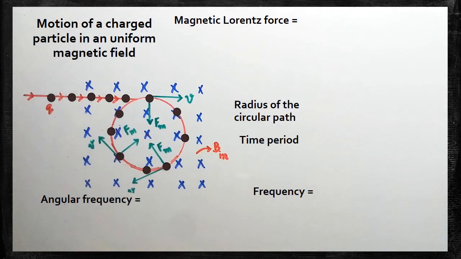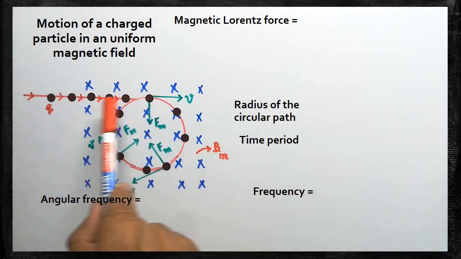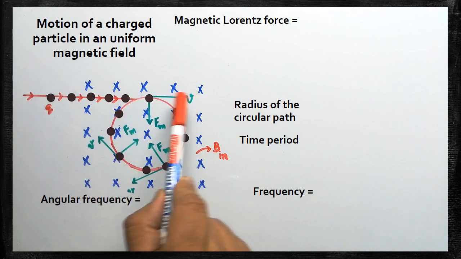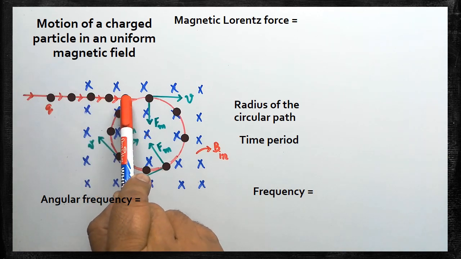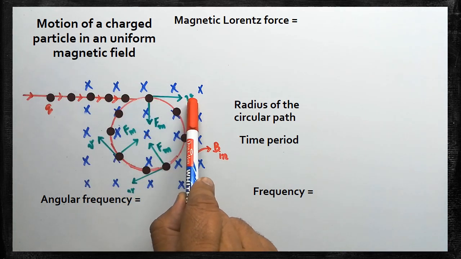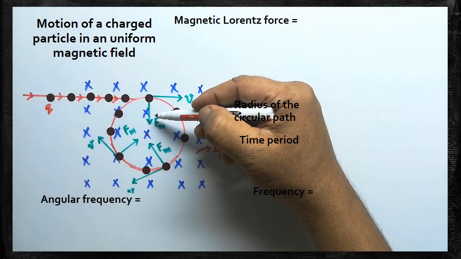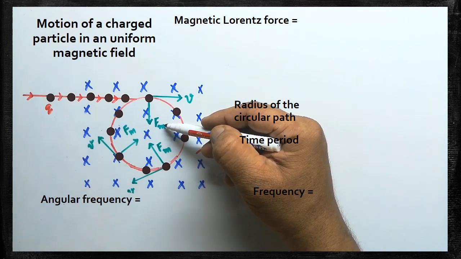In today's topic, we are going to learn what will happen if a charged particle moves through a magnetic field. Let us imagine a charged particle whose charge is q, moving with a velocity v. As soon as it enters, what happens? The charged particle tries to enter with a velocity v. By the time, there will be a force acting here. That force is called the magnetic Lorentz force. Are you clear? It will experience a new force called magnetic Lorentz force.